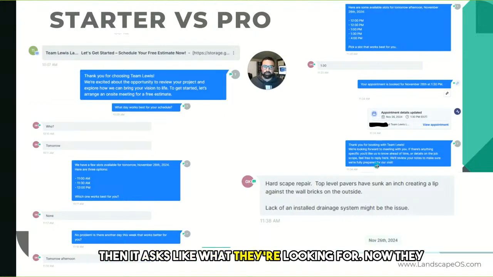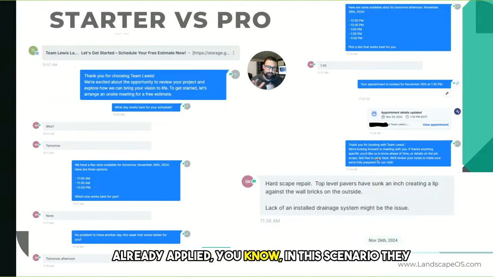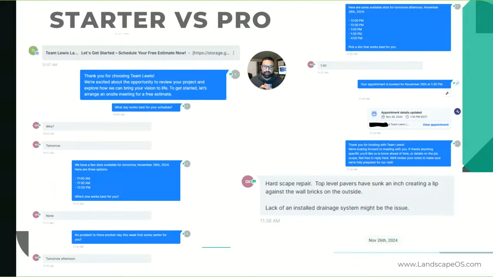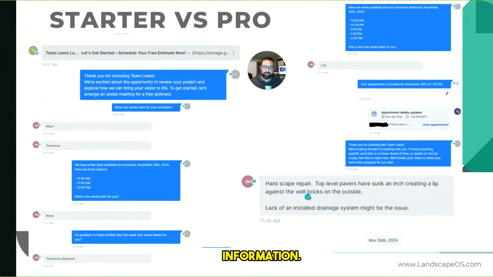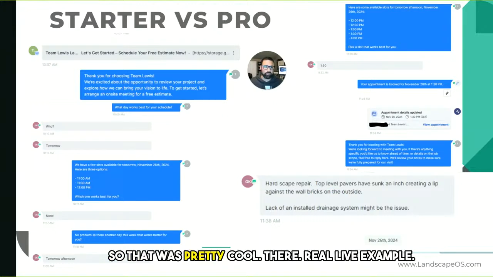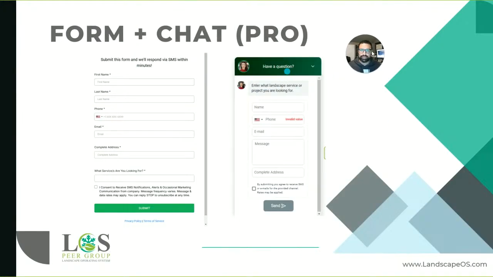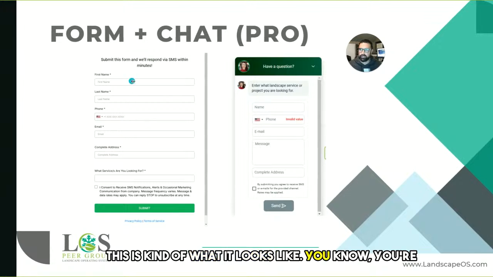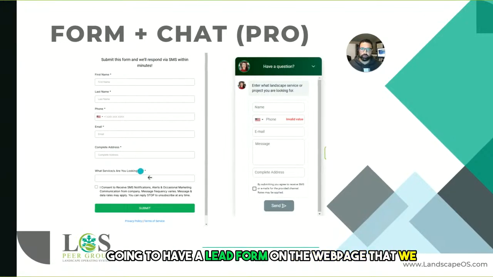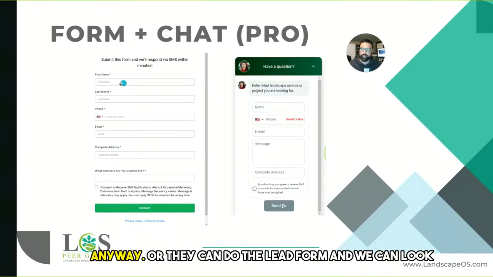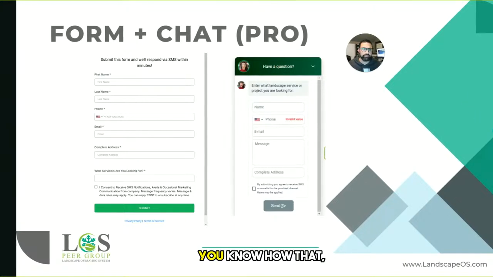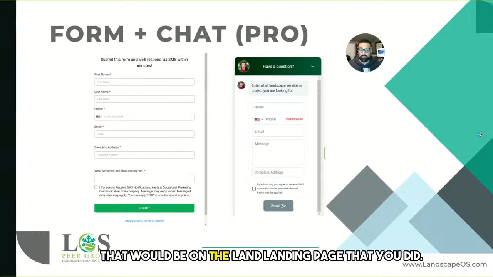So then it asks what they're looking for. Now in this scenario they already applied and were interested in a specific ad, but then it gave some more information. So that was pretty cool there. Real live example. This is kind of what it looks like. You're going to have a lead form on the web page that we would get, as well as a chatbot. So they can chat, which ultimately takes them to the AI function anyway. Or they can do the lead form, and we can look at how that would be on the landing page